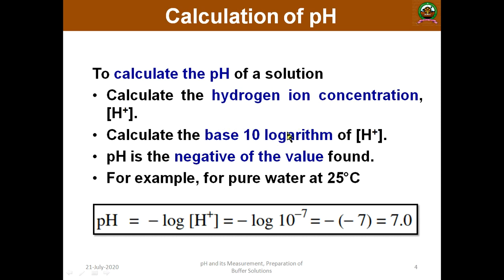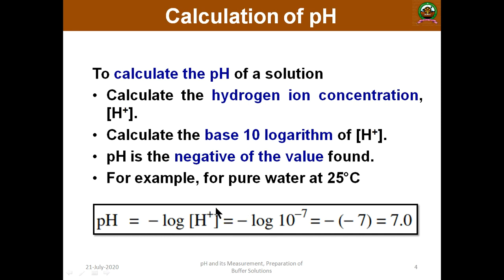pH is a negative logarithm to the base 10 of hydrogen ion concentration. For example, we have seen pure water. There is a formula: pH is equal to minus log of H plus, that is, negative logarithm to the base 10 of hydrogen ion concentration. That means to say